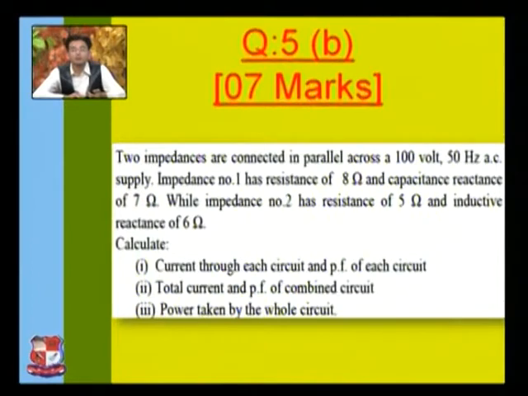Now you have to find out the power factor. To find the power factor, you will need the value of phi. So what is phi? It is the phase angle, right? So you need to first find the phase angle of this circuit also. Now you have to find out how much power this circuit takes. So you can use the power equation, that is P is equal to VI cos phi, right?